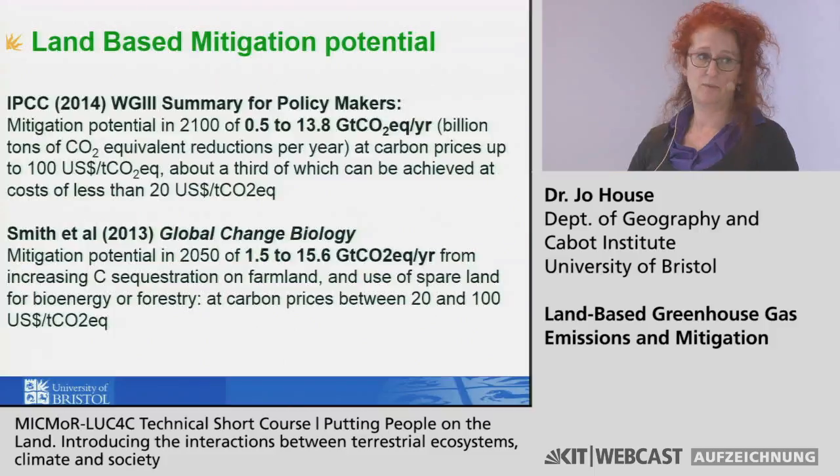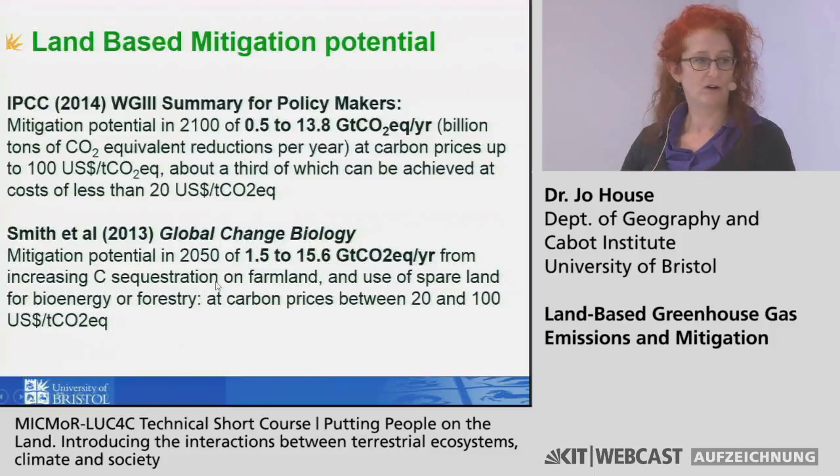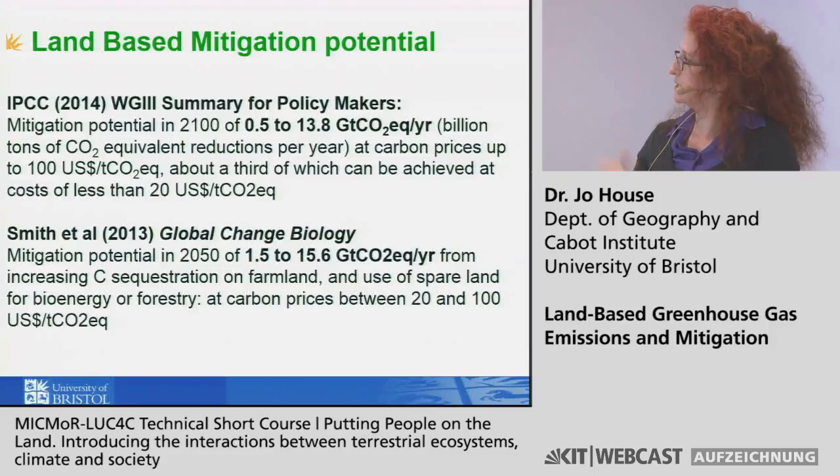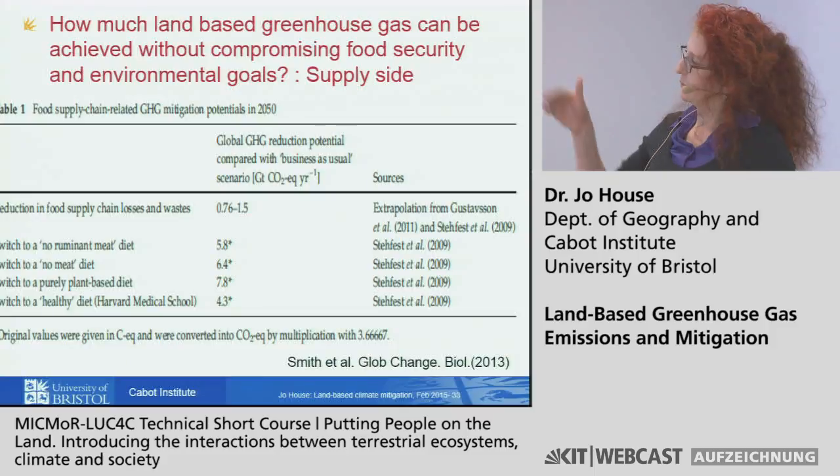Someone asked about top-down, bottom-up. The IPCC was quite a top-down assessment of IAMs, integrated assessment models that are being forced to get to 2 degrees. You want to get 2 degrees, you're throwing everything out you can. We also did a bottom-up assessment of if you actually say, I've got this much land, what do I do with it, where do I get to? And actually the mitigation potential on the land is not so different from looking top-down or bottom-up. And here's some of the bottom-up results.